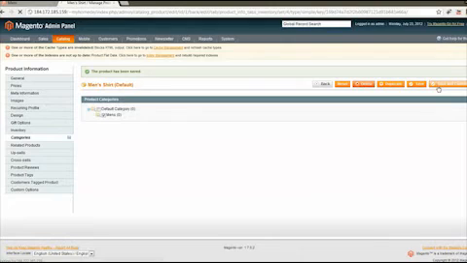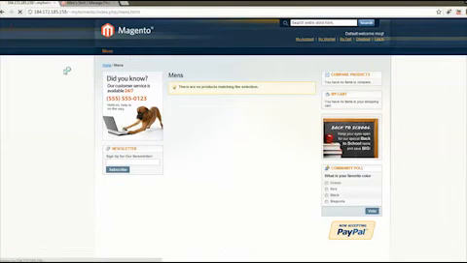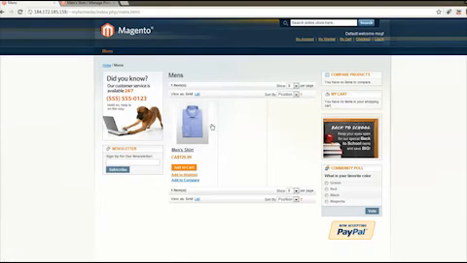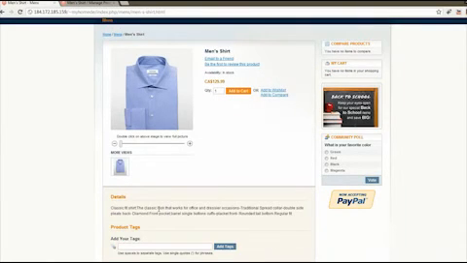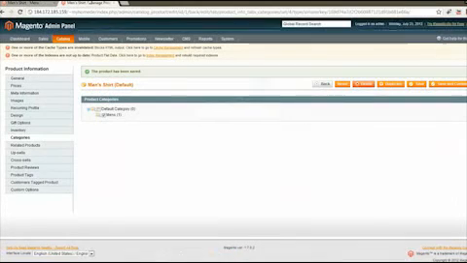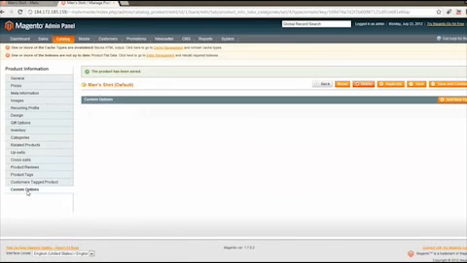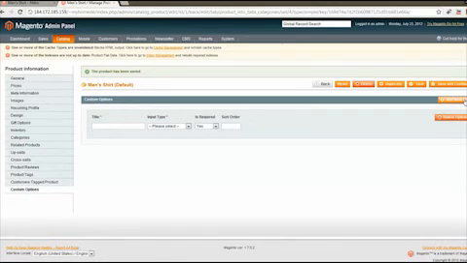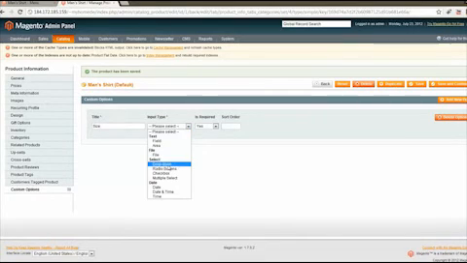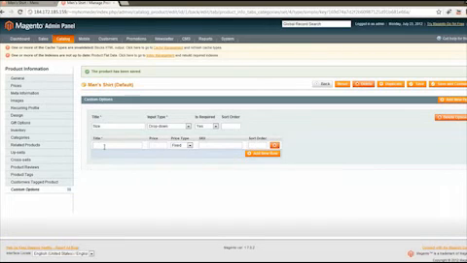Okay, so now if we go over to the front end and I refresh this, we see that we have our men's shirt available. So I can go ahead and click on this. Okay, and we see the details below. Now, I want to give customers the option of selecting a size. So I'll just go back into the back end here. I'll just go over to the custom options tab and I'll click add new option and I'll put in size as the title and we'll make this a drop down and I'll put in small,